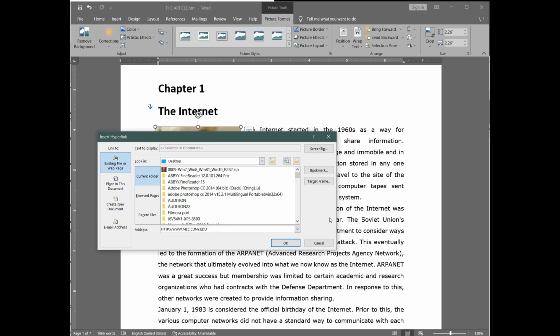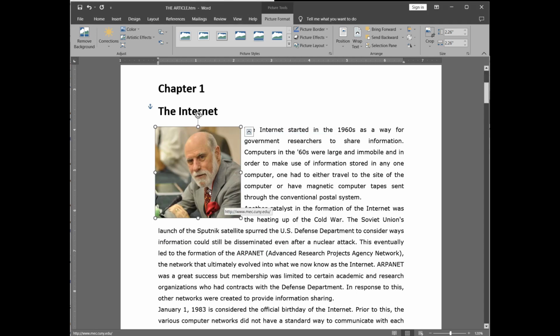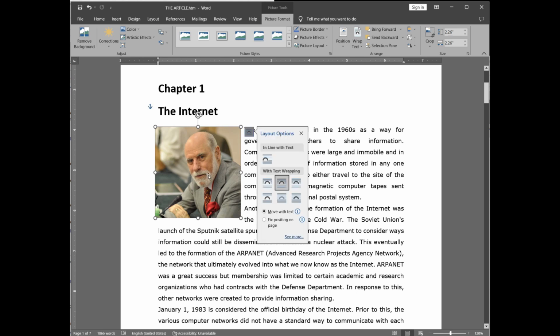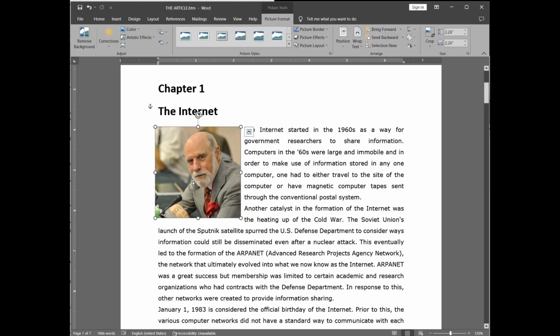In this case, when we create a website from inside of a word processor, we need to put the full version, the full name of the URL. HTTP, the name of the protocol, and then the address. Okay? And then folks, the same flag will be here. So when I press Control near the flag, it allows me to go to the Medgar Evers website. Folks, actually we made preparation,